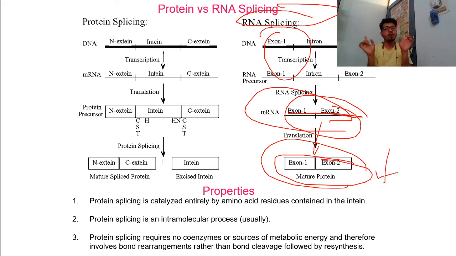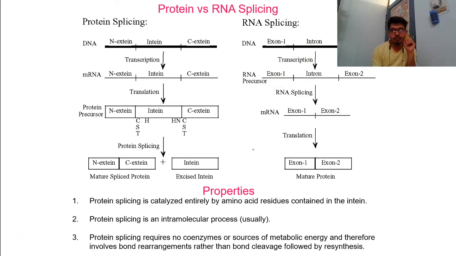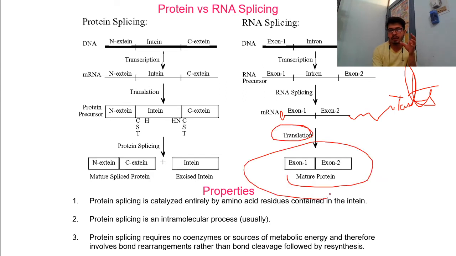So the intron is not going to give rise to a protein, but of course during mRNA synthesis, the precursor RNA has introns. This precursor RNA intron will be removed, then capping and tailing is another process. So I just want to tell you, whenever the mature RNA is there, then the mature RNA should be capped and tailed. You will study this very well in molecular biology, okay? That is a different story. So after translation, what you have is the protein.